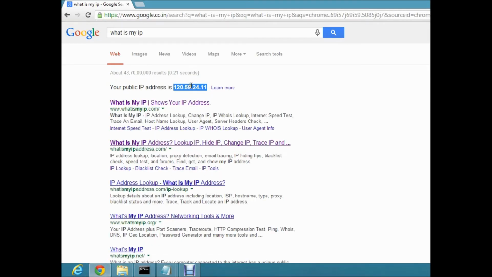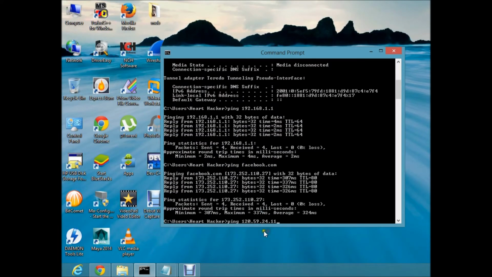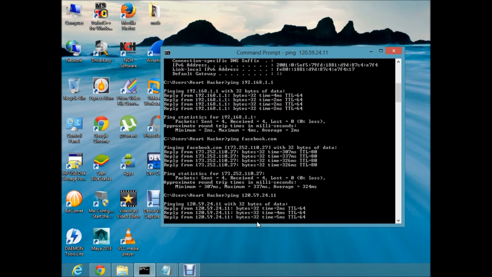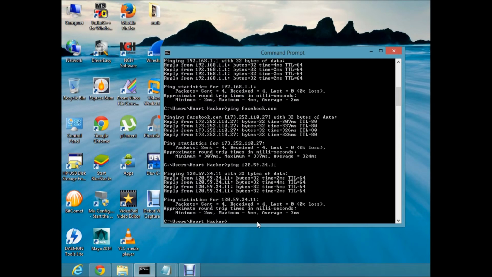What is my public IP address? 120.59.24.11. So you have to ping that target IP address. If it is pinging, that means I am on the internet. So it is like you want to know whether your friend is on the internet, is he using the internet. So you just have to ping his public IP address. If it is pinging, that means he is using it, and if it is not, that means he is not using it. So this is also a trick to know